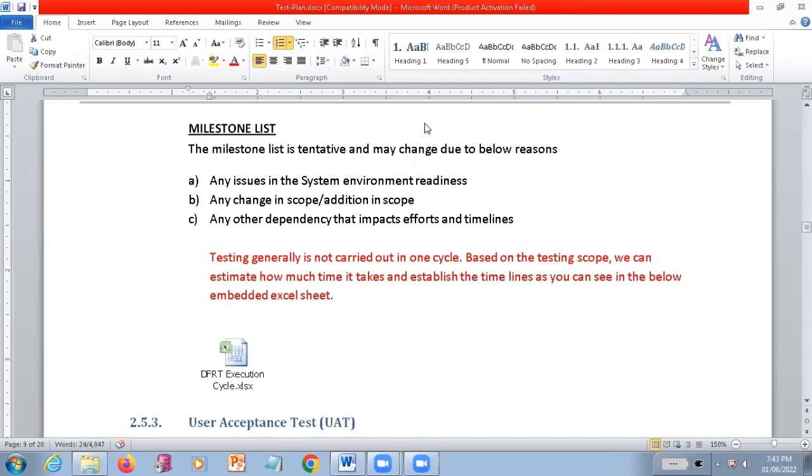So you definitely want to follow the timelines. If the developer is doing some delay in the development related stuff, you want to escalate that to the higher management. See, whatever work everyone is doing, it is going to be exposed to everyone. There are a lot of scrum calls going on, every day.